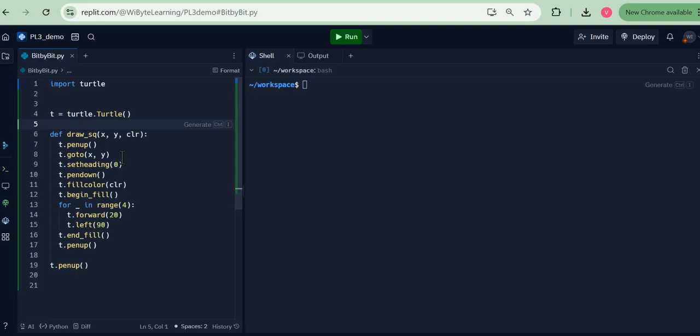I go to an xy, I set the heading to 0, and then I do 4 turns, 90-degree turns, and I end up with a square of 20, 20, 20 on each side because I'm using 20 as a side, and of course I use color to fill this. So this is something we have seen before. I won't get too deep into this, but we will make use of this